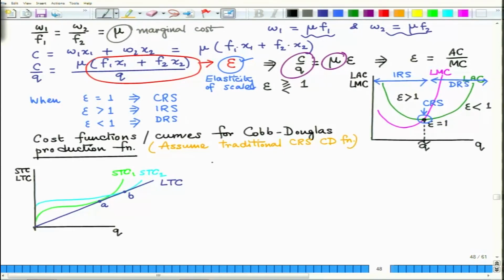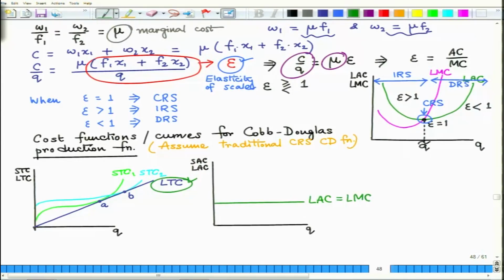Now, let us look at the average cost diagram. Now I am going to plot SAC and LAC against output Q. Let me first plot my long run average cost curve, which is going to be a straight line that can be easily deduced from the long run total cost curve which we have just derived. So, LAC shall be equal to LMC in this case of a constant returns to scale Cobb-Douglas production function. In this case we can have a series of short run average cost curves displaying various levels of plant size,